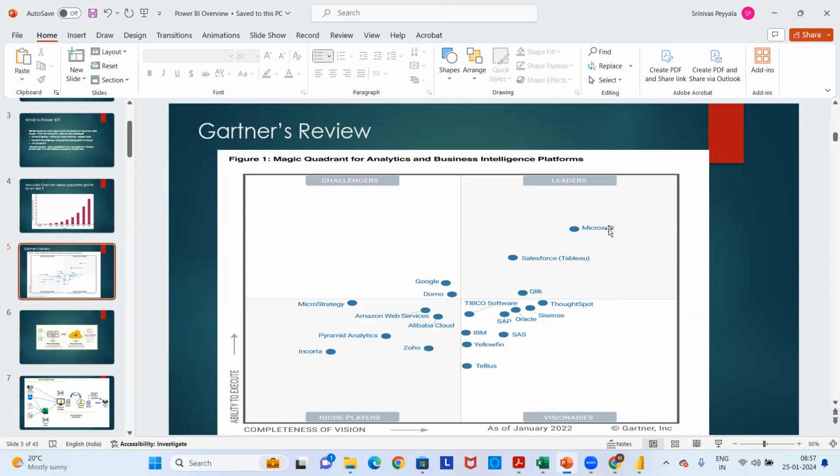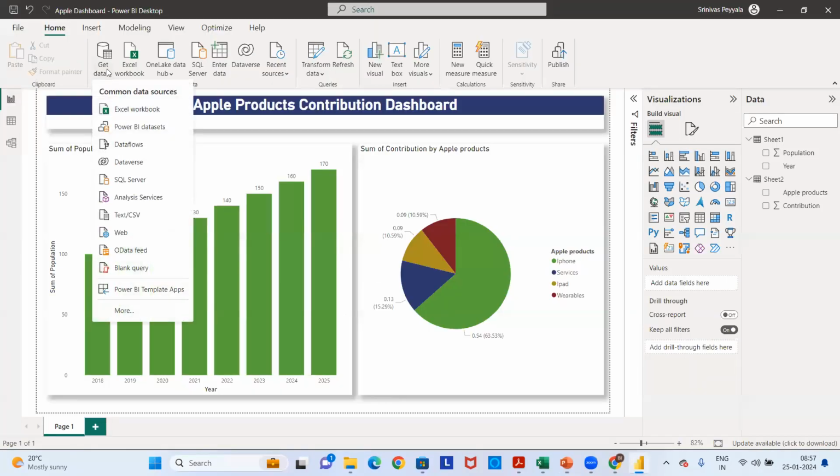That is the reason he is getting more projects. Why? Because his licensing cost is cheaper compared to other technologies. And also connecting to any data sources from Power BI is easier compared to other technologies. See? Why? Because